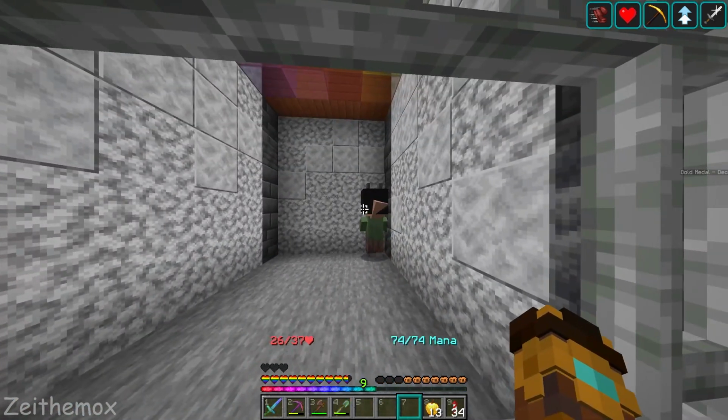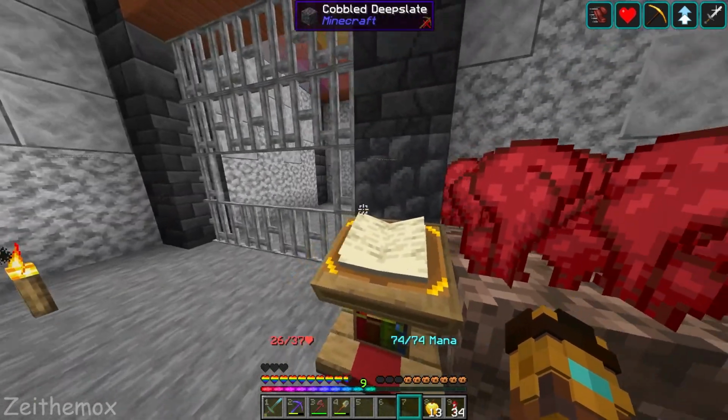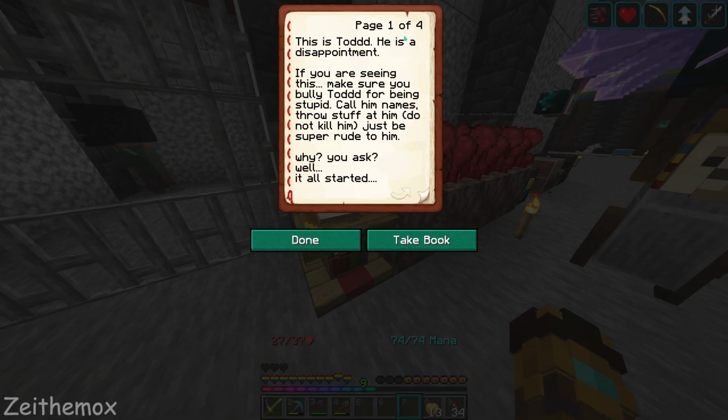Here we have Todd. This is Todd. He is a disappointment. If you are seeing this, make sure you bully Todd for being stupid. Call him names, throw stuff at him, do not kill him. Just be super rude to him. Why, you ask? Well, it all started...